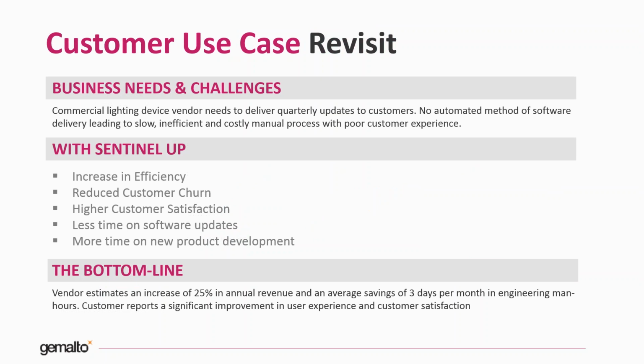And I just want to revisit the customer use case we talked about earlier. Once they are able to integrate all of this with Sentinel UP, this customer that sells lighting measurement devices to auto industries can increase their efficiency. They don't have to use their engineers for three FTE days every month trying to do these updates for customers. They can really address their customer satisfaction issues, and use their resources for what they're supposed to be used for. These engineers can focus on product development and execute that,